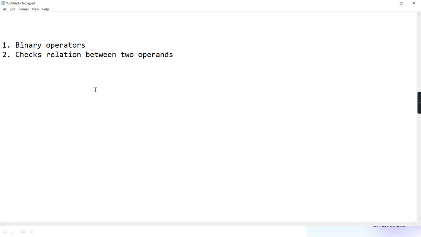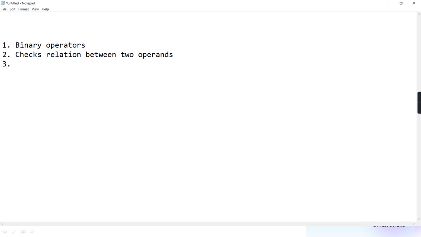So the relation like whether the first operand is less than the second, or less than or equal to, or greater than or equal to, whatever. It is just going to check the relation which exists between the two operands. So always remember, it's a binary operator used for checking the relation between two operands.